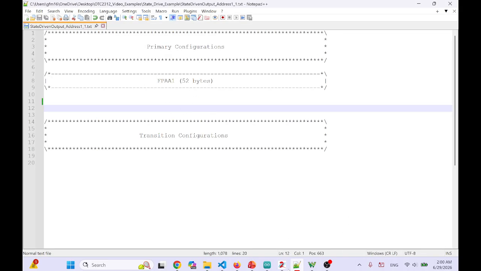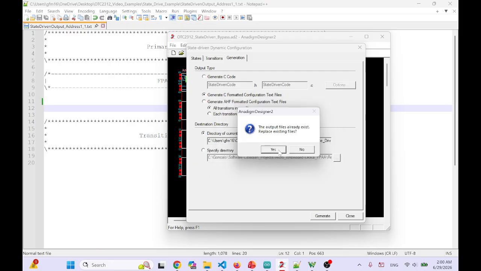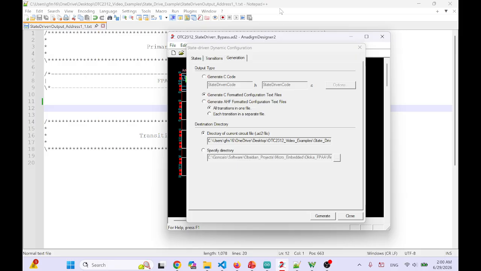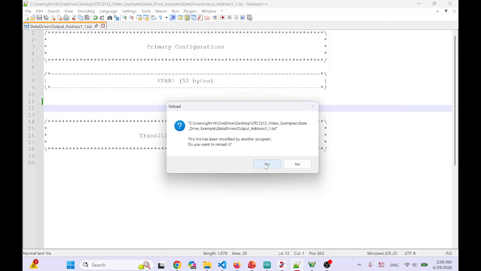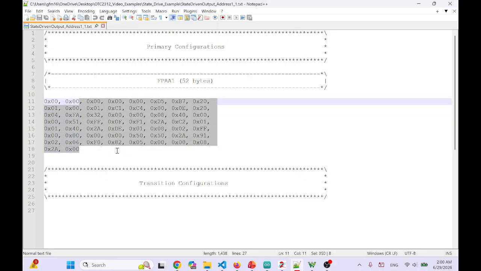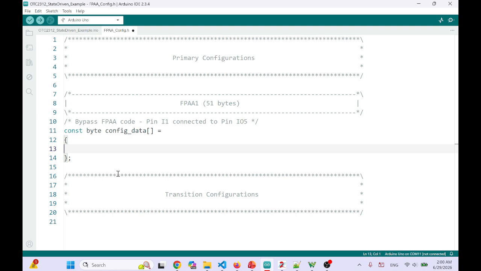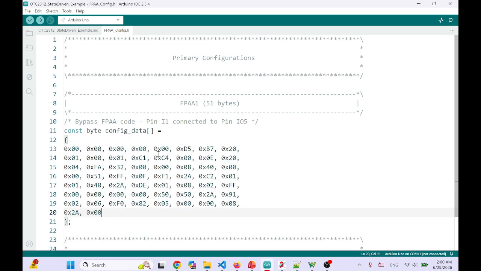I have the file here. It's empty, and I'm just going to press generate, press OK, replace, and if I open the notepad, it's going to ask you to reload, and this is the information that I am going to copy to my .h under Arduino. So let me delete this and paste. Typically I put a comment here to know what's going on. Alright, so now